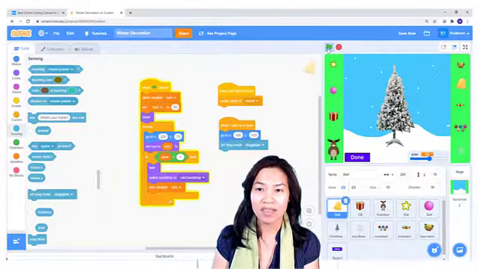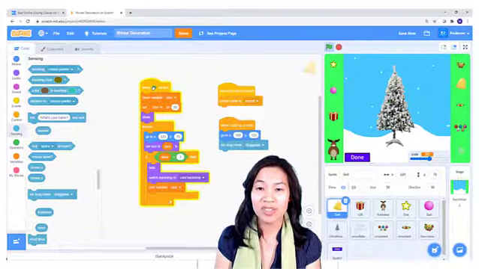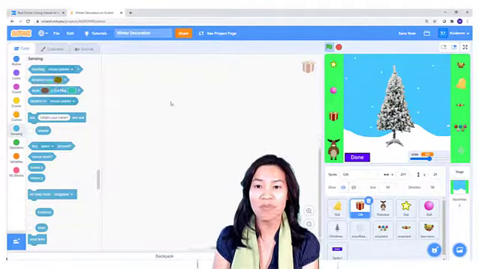Let's test the bell. So I'm going to shrink the bell down, and then I'm going to click on it. So notice it's a smaller bell now, and I can make it larger too. Okay, the size works. So now that I know the code works, I'm going to copy and paste the code